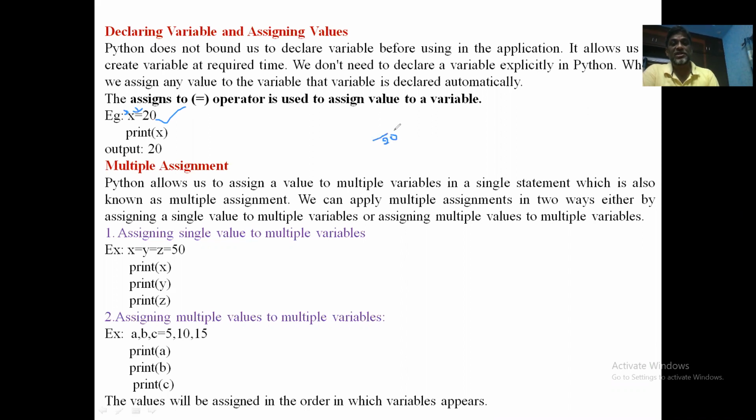A memory location is created, and 20 is created as an integer object. Because x is equal to 20, x points to this object. See, you need to understand it. 20 is an integer object. x is a reference pointing to this memory location.